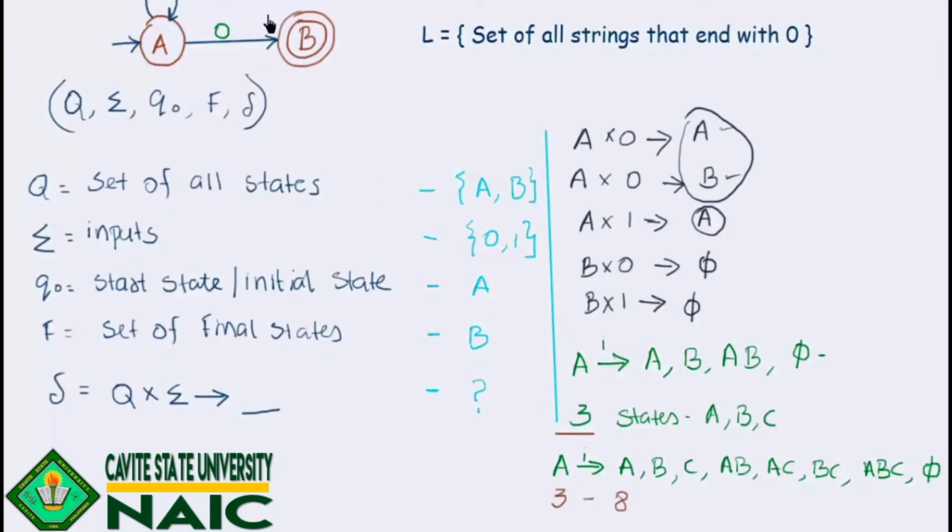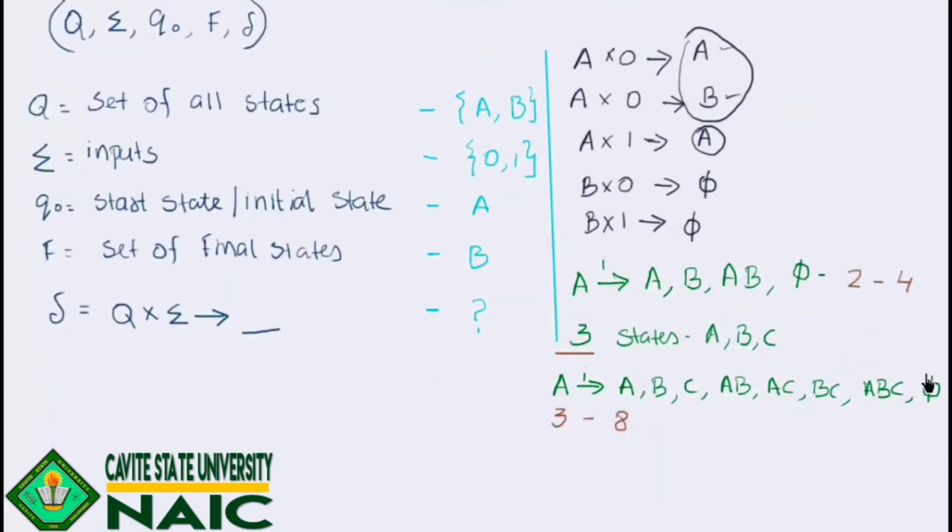What about this case? In this example, how many states do we have? We have 2 states, and how many possibilities? 1, 2, 3, 4. 4 possibilities. So seeing this pattern, we can figure out a formula for this. When there are 2 states, there are 4 possibilities, and when there are 3 states, there are 8 possibilities. So we can say that it is 2 raised to power 2, this is 4. 2 raised to power 3, this is 8. So we can say that this transition function maps Q cross sigma to,